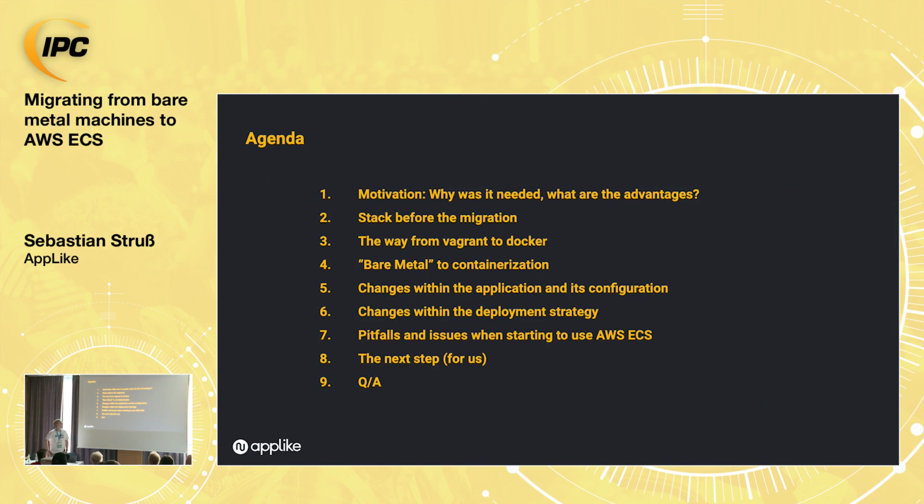So let's first see what we are going to talk about. First, we are going to talk about the motivation, why we needed the change to AWS ECS instead of just using bare metal machines. Then we're going to talk about how the stack looked before, how we changed it in our development environment from Vagrant to Docker, then the containerization from our bare metal machines to AWS ECS. Then we're going to talk about the changes in the application and its configuration, the changes in our deployment strategy, and the pitfalls when starting to use AWS ECS. And of course,